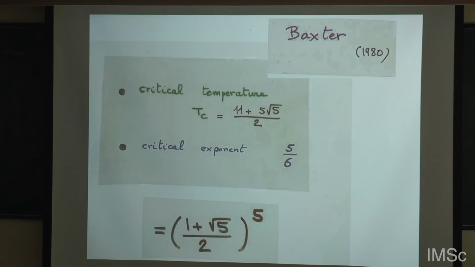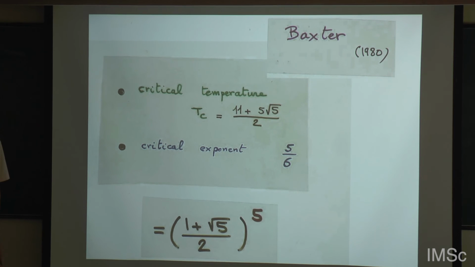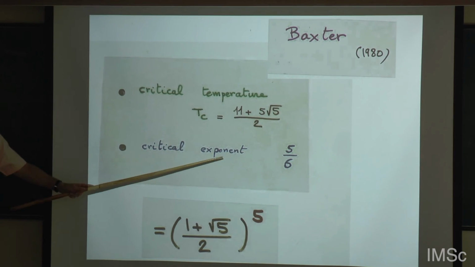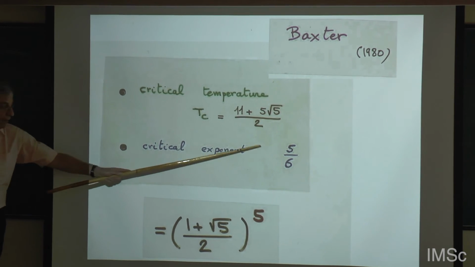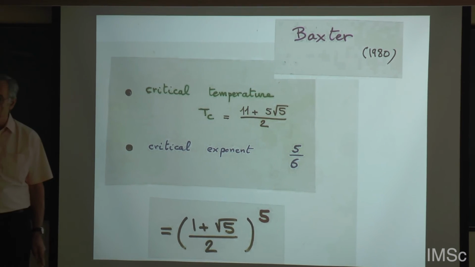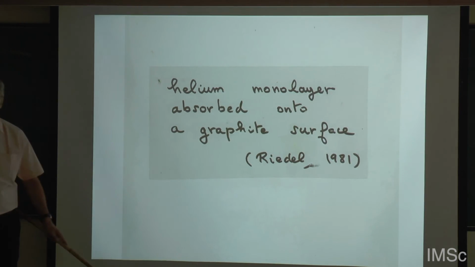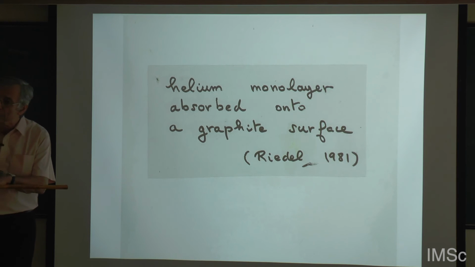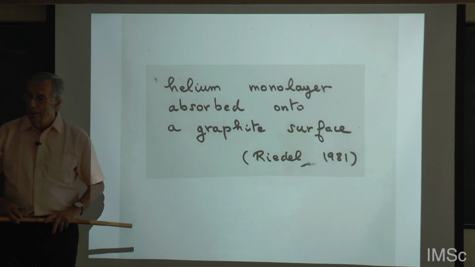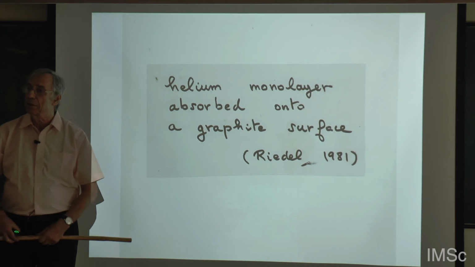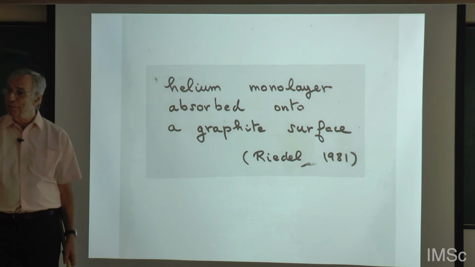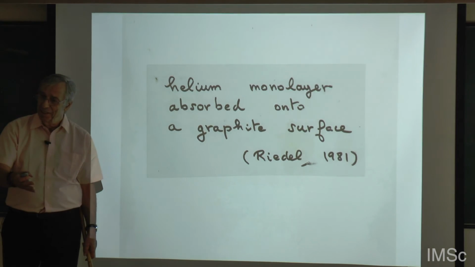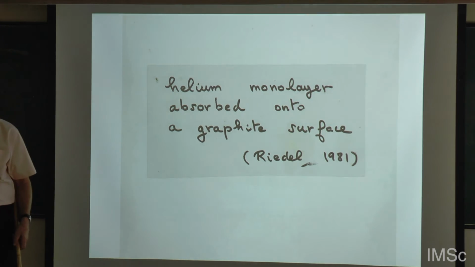And Baxter solved this model. He gave an explicit expression; all these equations were given by Baxter. And so there is a critical temperature where the gas is becoming solid. And there exists a critical exponent, alpha, which is 5/6. This is deduced from the equation. And 5/6, I have been told by physicists that if you take some model, a helium monolayer adsorbed on a graphite surface in a two-dimensional model, there is a phase transition, and the critical exponent, they can measure it, is close to 5/6. So see, this gas model is very simple, but it is an exactly solved model, and it behaves like a model in the real world.